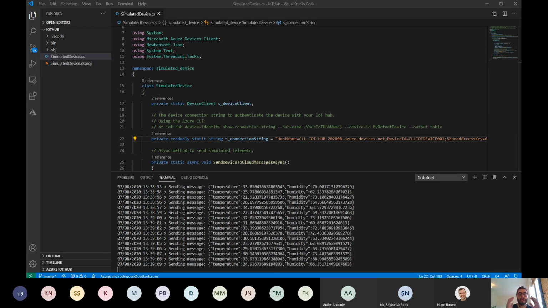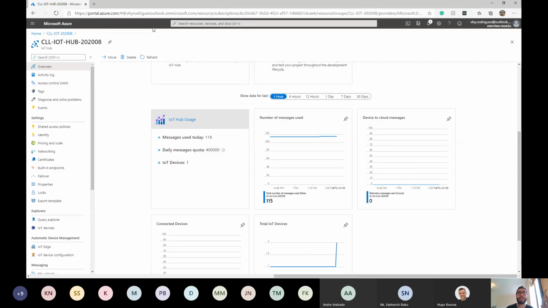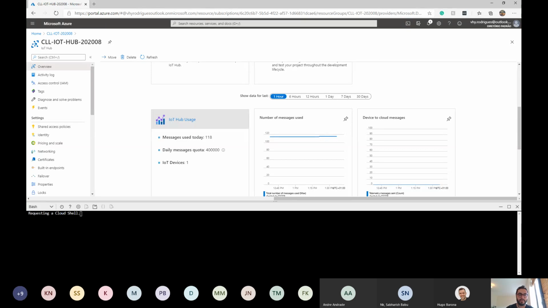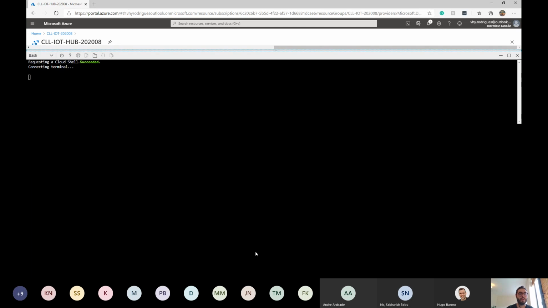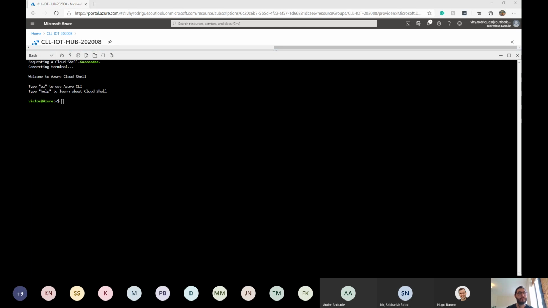But there's another way that we can check this using the Azure portal to see if this message is arriving at the IoT Hub. What we need to do is come back to the Azure portal. Let's open the Azure Cloud Shell here. Okay, so what we need to do in the Azure Cloud Shell is